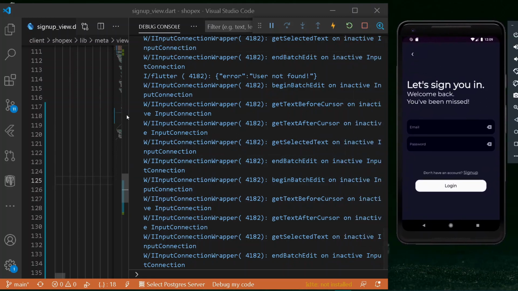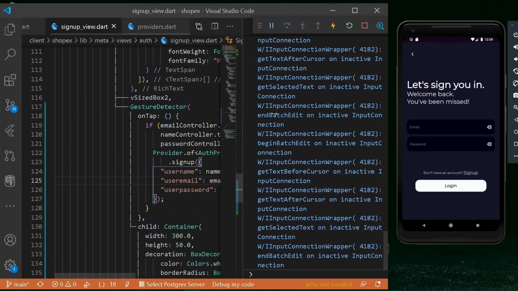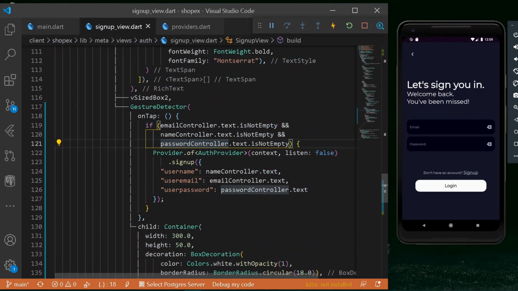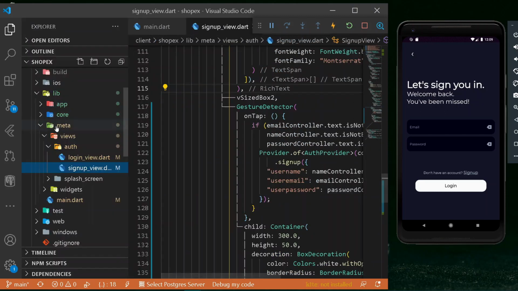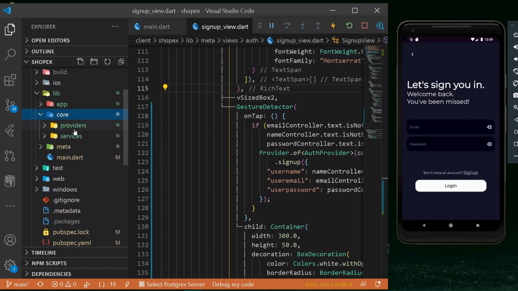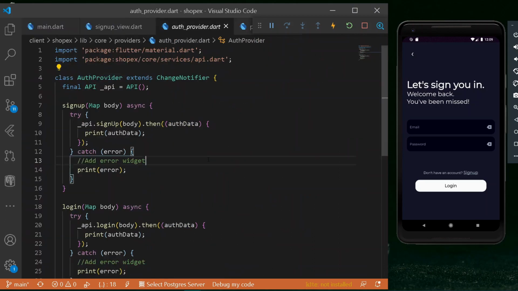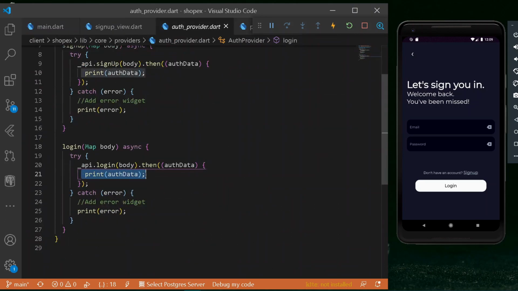But you know what, we need to make some changes over the authentication, because let me explain what changes we need to do. First of all, if we move under our login model, that is our services. Alright, let me move under my providers, not under services. Under our providers, we are simply printing our entire auth data.